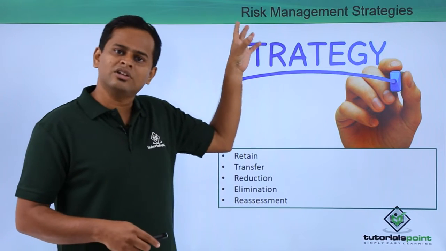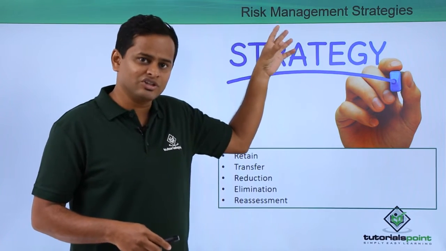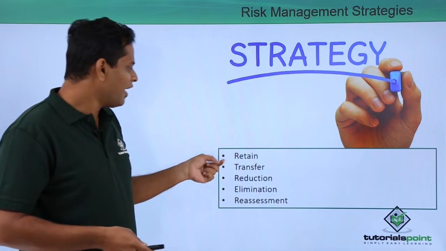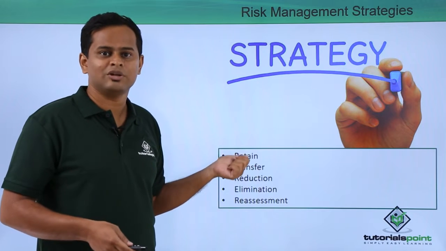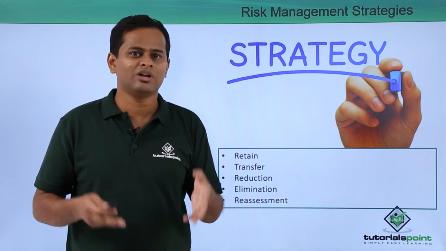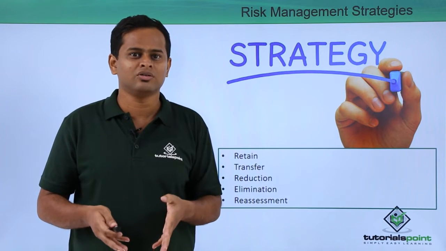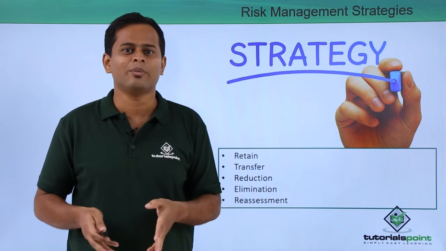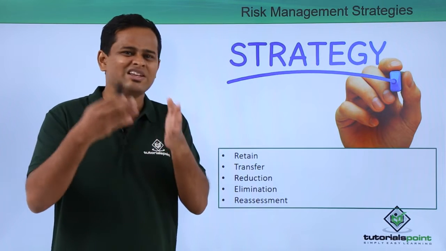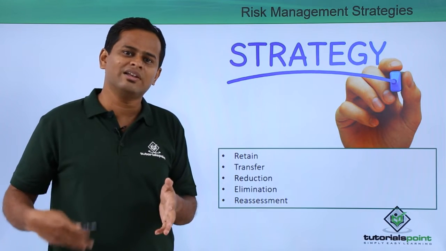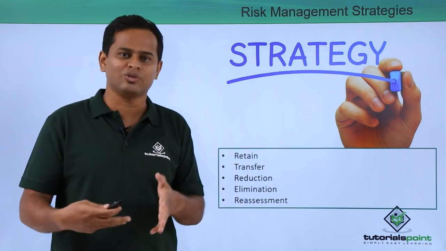We need to understand the risk management strategies once we classify all these risks into low, medium and high. And one is the retention. That means retaining that particular risk. It can be examples like, an earthquake is going to happen at some time in future, or some kind of major floods is going to happen. We can easily retain that particular risk, because we have very little scope to take an action on that to get rid of that.